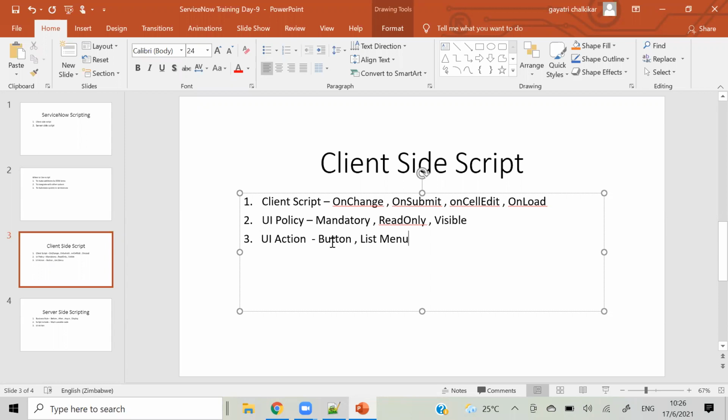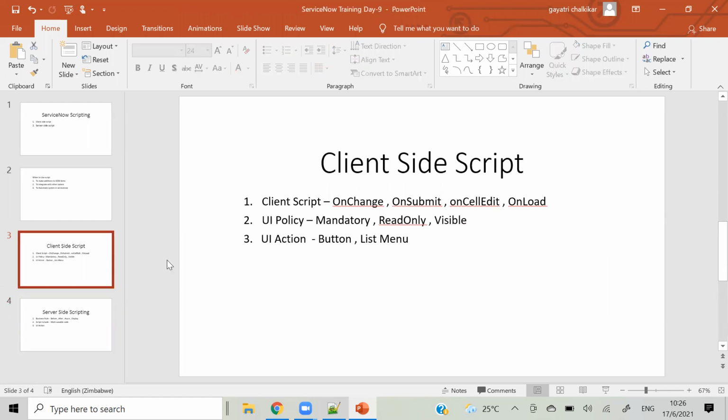So you have seen that we can have event buttons, and we have seen insert and stay on save, all those buttons, right? But sometimes those were buttons, and sometimes we have seen that in a list menu. So we can create a list, and we can even create a button using UI actions. So that is the purpose.